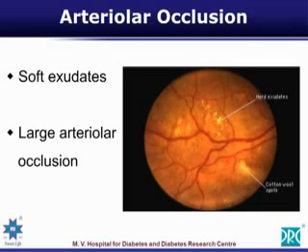Now, carefully, if you look at these areas of hard exudates, you will realize that next to the hard exudates, there is fluid in the retina. Fluid in the retina will show a thickness of the retinal layers that can be clearly diagnosed by means of a slit lamp with a 90 diopter lens as well as with an OCT. Next to it, on careful examination, you will always find a few microaneurysms.